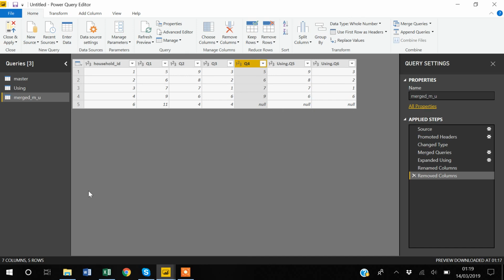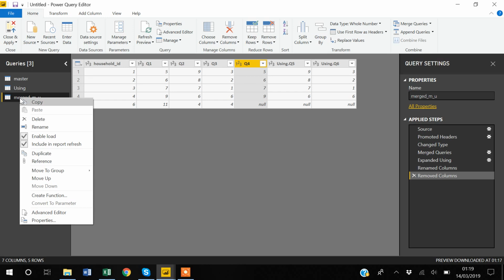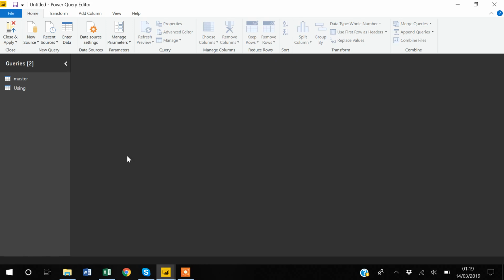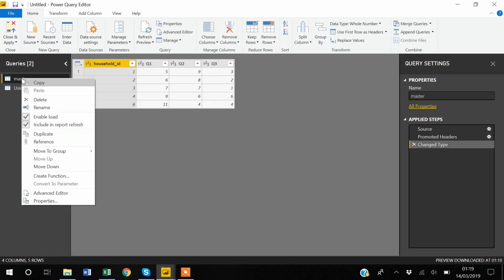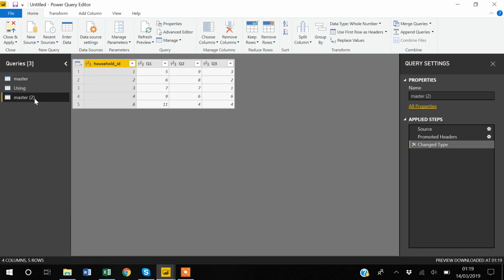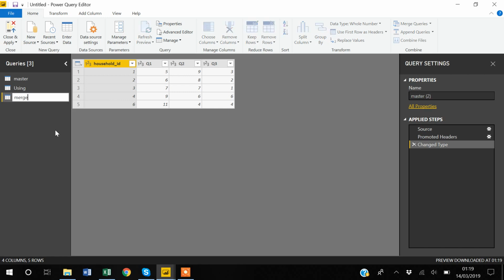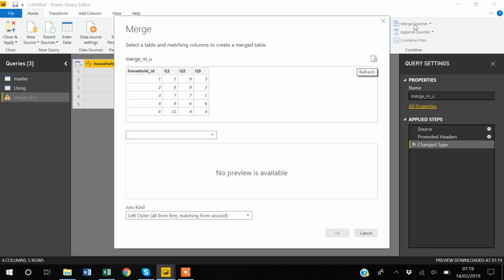And now I will show another kind of merge you can do in Power BI. Just for simplicity, I'm going to remove this data set. Now I again do the same step. I will create a duplicate copy of this master data, and I will call it merged underscore m underscore u. And now again I will go to merge queries,